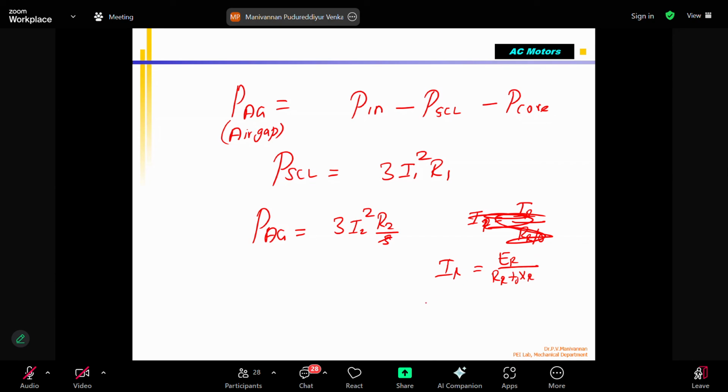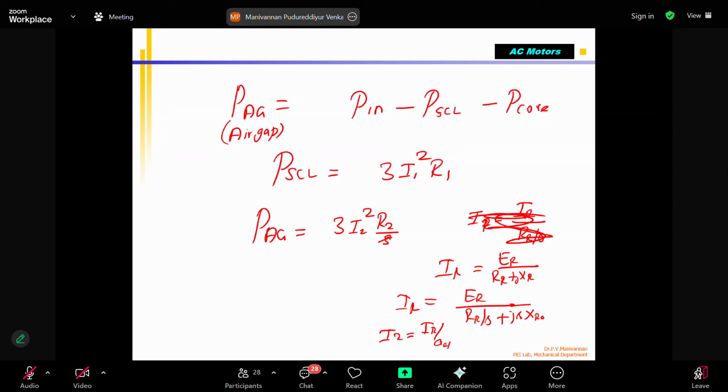This can be written as E_R divided by R_R divided by S plus jS X_R naught. I will explain tomorrow. This is I_R. From I_R, we can find out I2 equal to I_R divided by